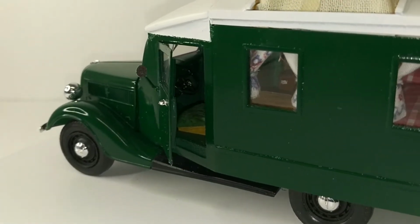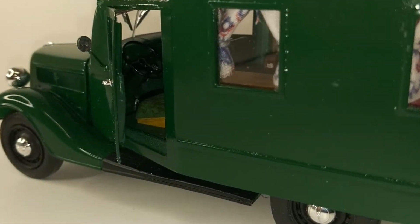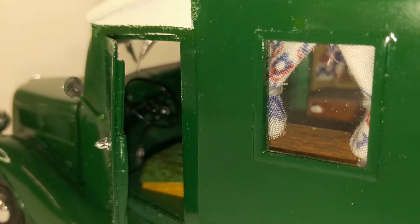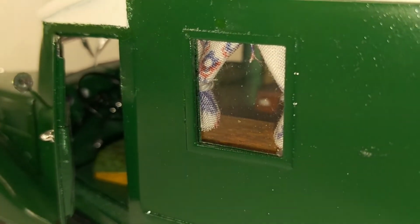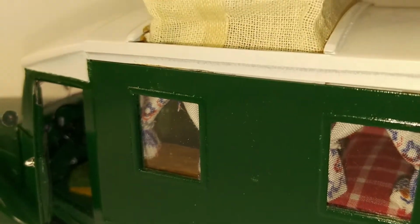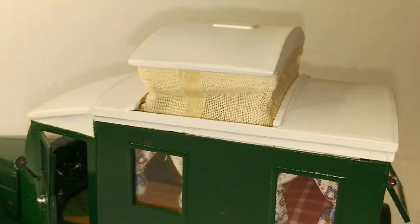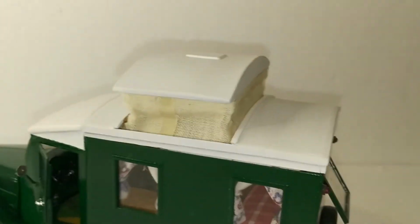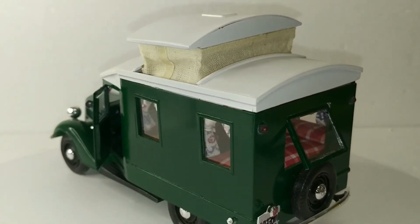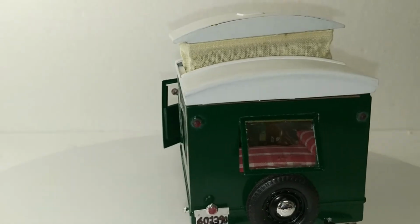Alrighty, back again. She's got the front door open now, and you can have a look in the front door to the driver's seat. Once you take the lid off, you'll be able to look in there a lot clearer. But there's the pop top. It does pop up,